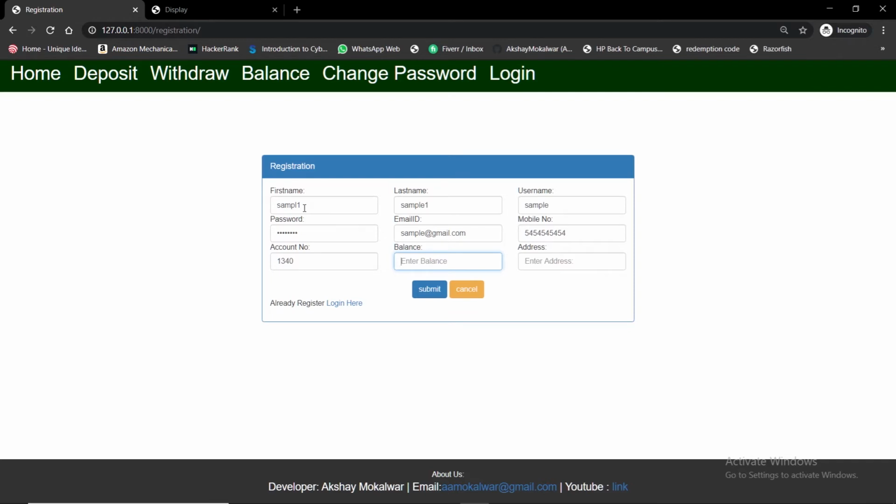So let's deposit some amount like 21,000, and let's give the address as Pune and submit.